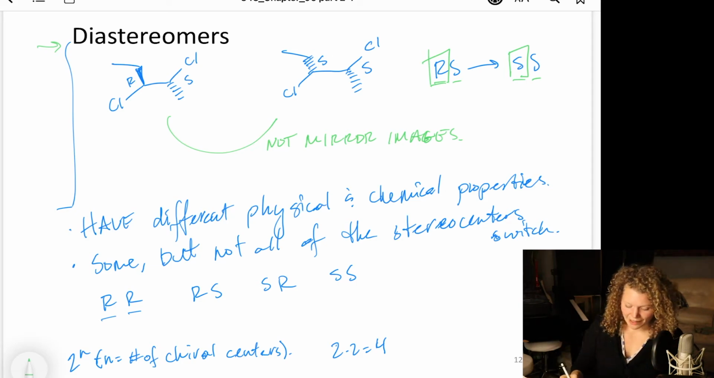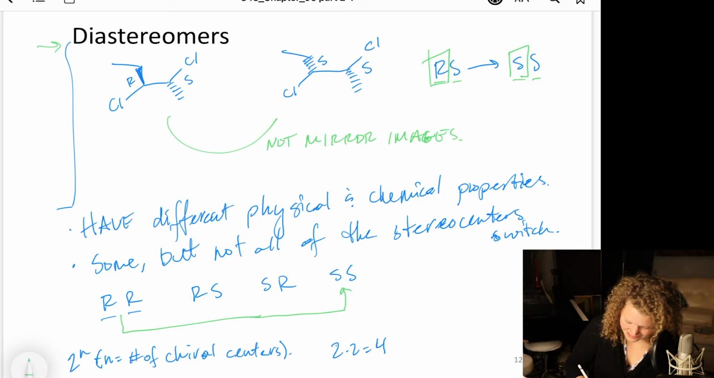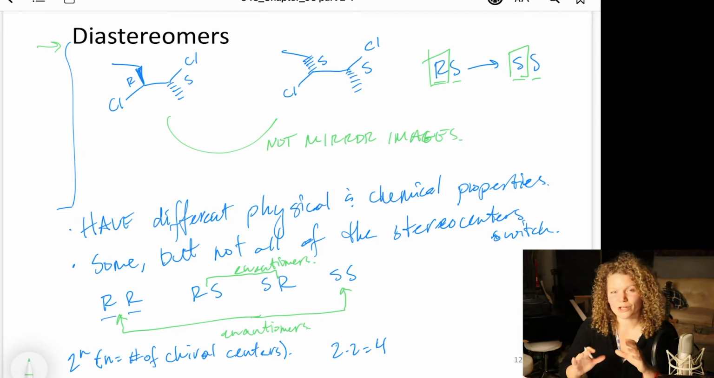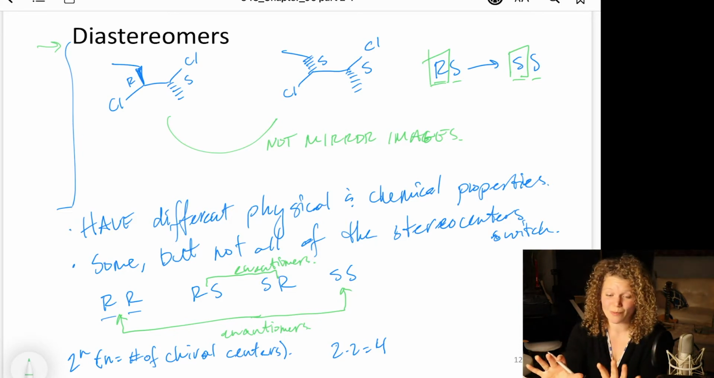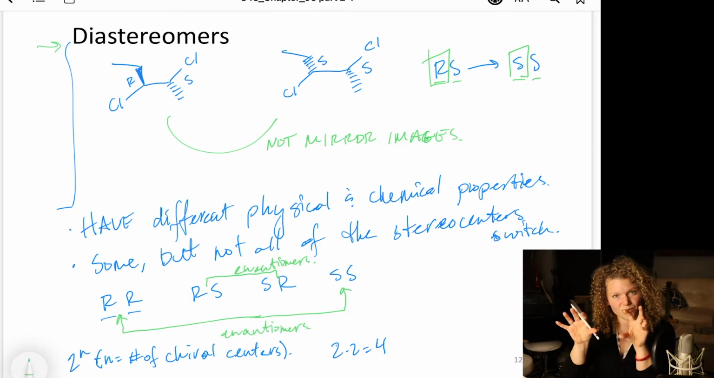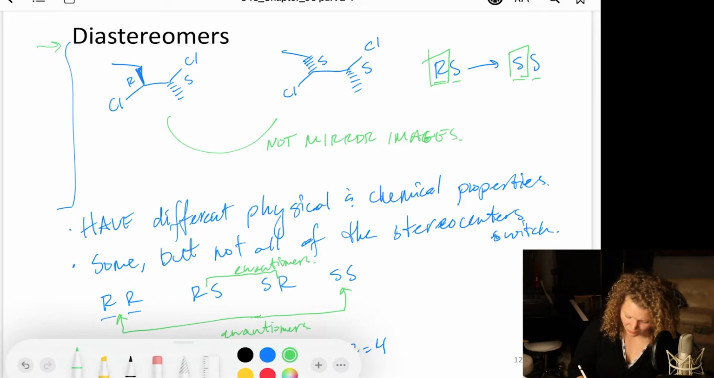The same is true with molecules here, but RR and SS, okay, these 2 are enantiomers of each other. And this RS, SR are enantiomers. Again, what you're going to be doing is just looking at 2 molecules and trying to figure out their relationship. If all of the stereocenters switch, RR to SS, those 2 are enantiomers. However,